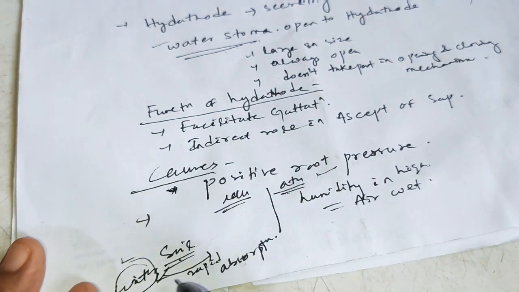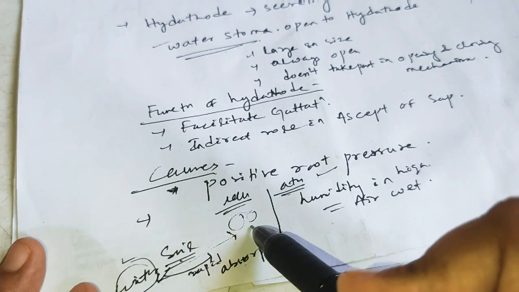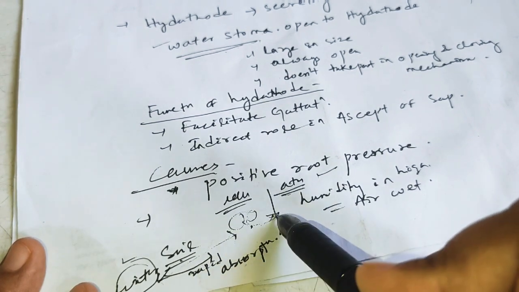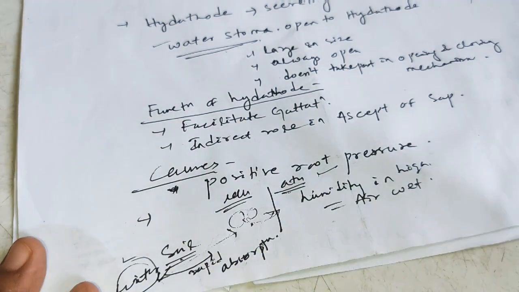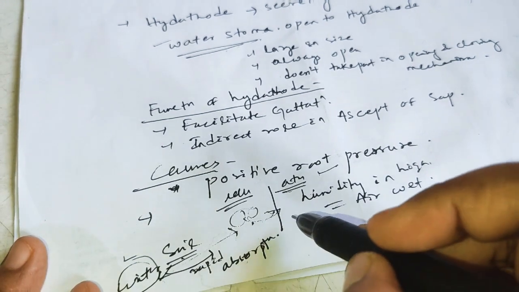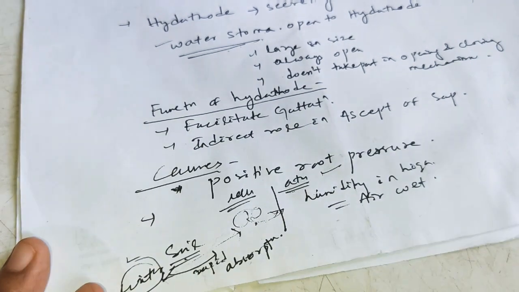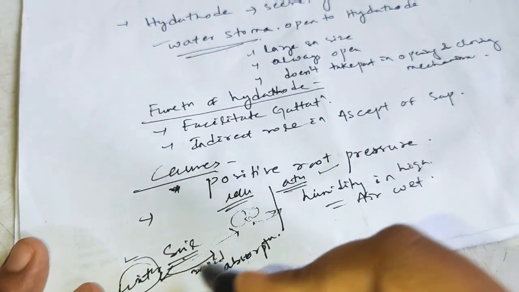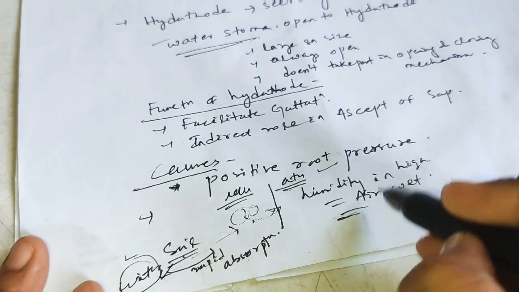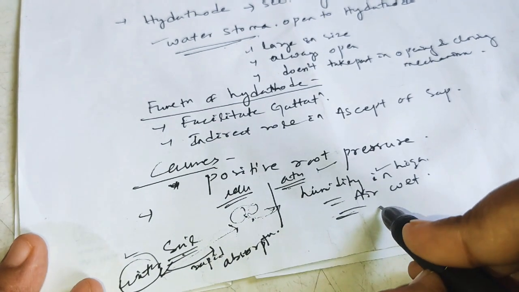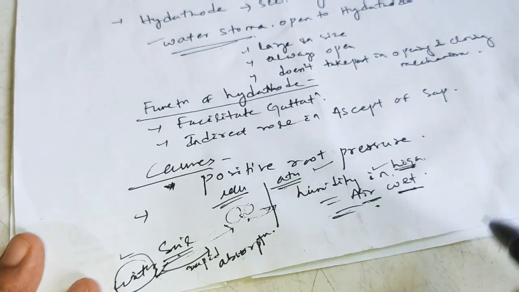Okay, due to this what happens? Finally water reaches the mesophyll cells. Okay, and now the water tries to be removed outside by the process of diffusion. And the release of water in water vapor form is known as transpiration. But this is our case of guttation. What happens in case of guttation? Here the water continuously reaches the mesophyll cell, but the humidity of air is high. That means the air is in wet condition.